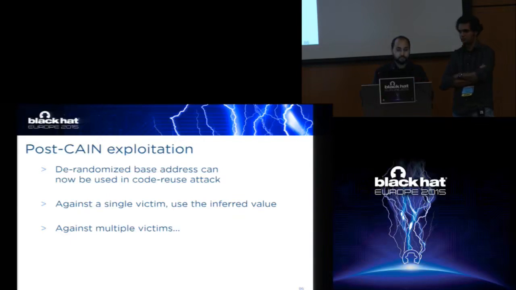So against one single victim VM, it's quite easy, right? So you have one base address and then you can just use it. But of course, if multiple victim VMs run with the exact same Windows version, for example, you just get a list of base addresses of NTDLL. And then, of course, there might be the possibility that the attacker can just try all of them. So it depends if the vulnerable process gets restarted, and then it will work. We argue that most probably the number of tries that you need is still below a certain threshold, so that it should not be too noisy, so the process should not crash too often. But of course, this might not be possible for certain attacks.